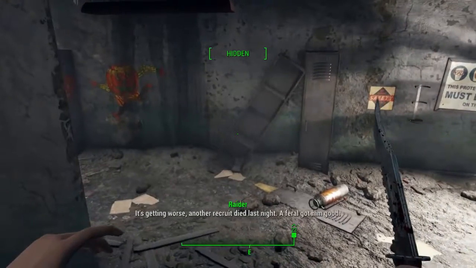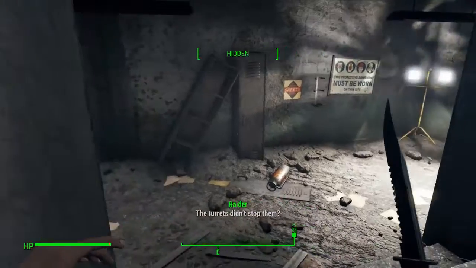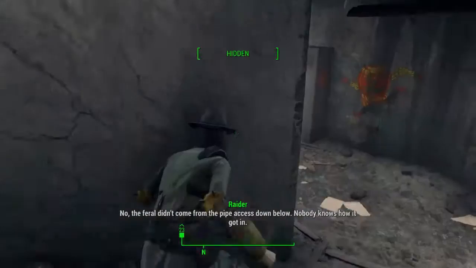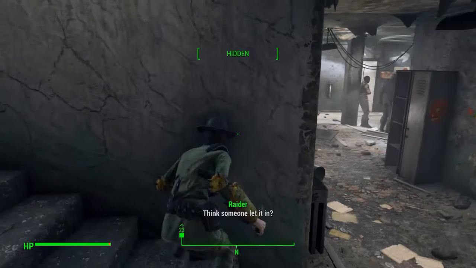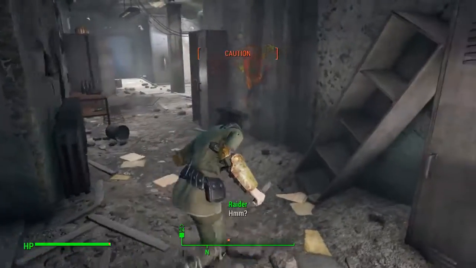It's getting worse. Another recruit died last night. Feral got him good. Turrets didn't stop him? No, the Feral didn't come from the pipe access down below. Nobody knows how it got in. Think somebody let it in? No, I don't think so. I swear, somebody needs to go through